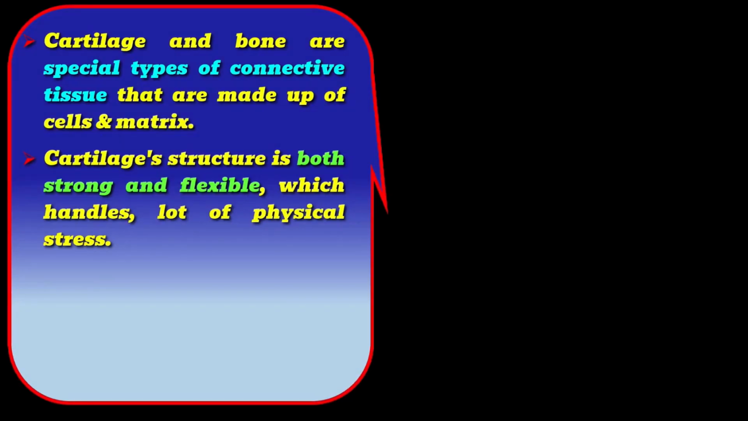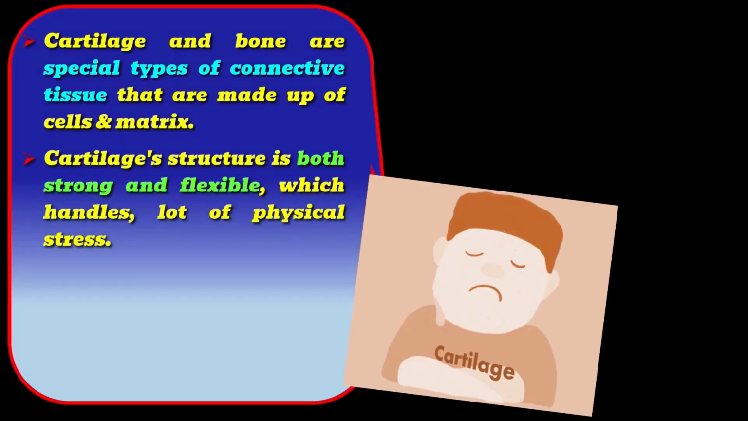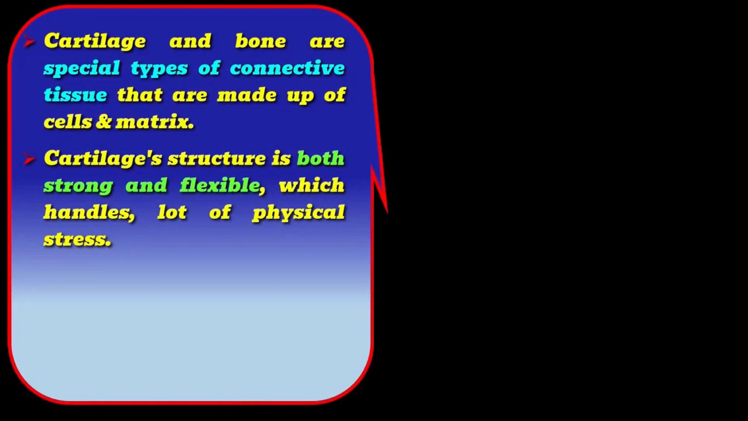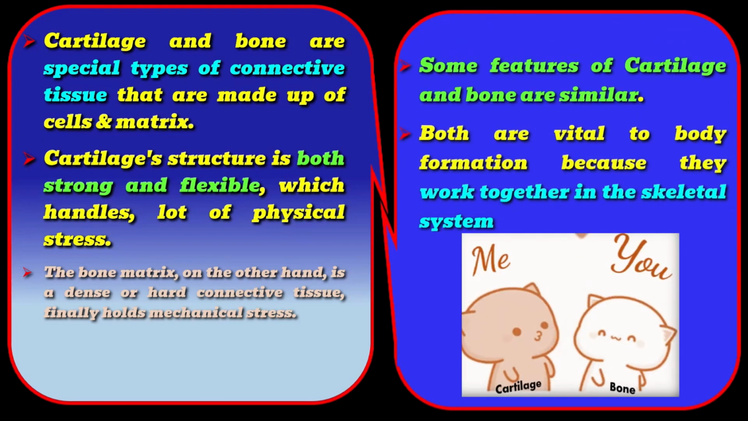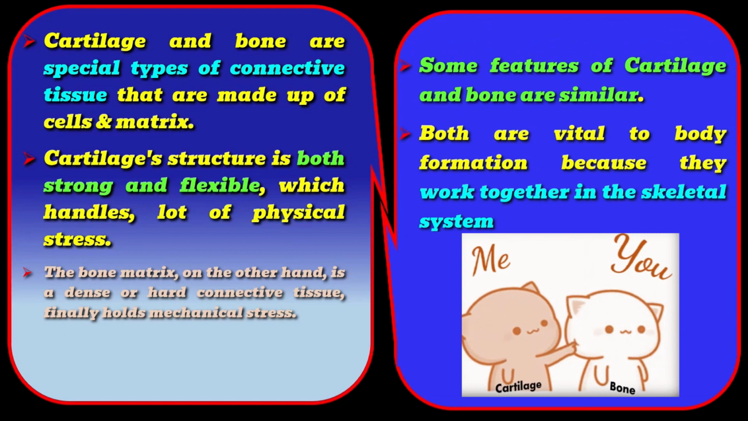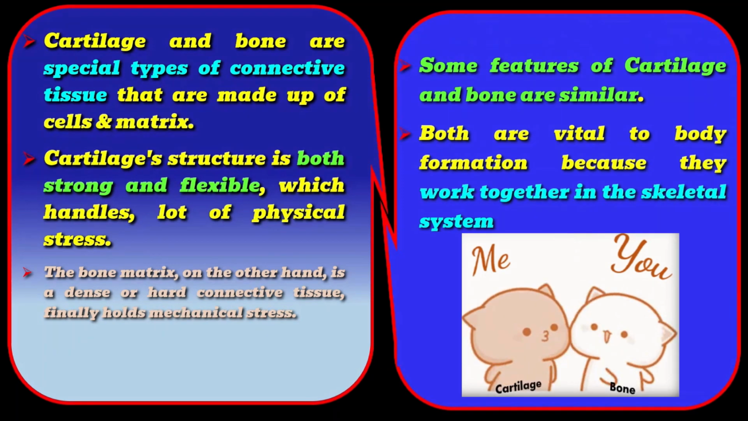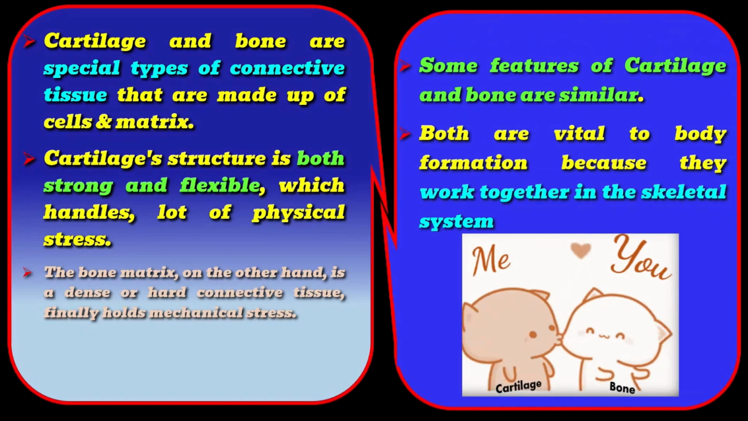Now, what are cartilages? Cartilage and bone are special types of connective tissue that are made up of cells and matrix. Cartilage's structure is both strong and flexible, which handles a lot of physical stress. The bone matrix, on the other hand, is a dense or hard connective tissue, which finally holds mechanical stress. Some features of cartilage and bone are similar, but both are vital to body formation because they work together in